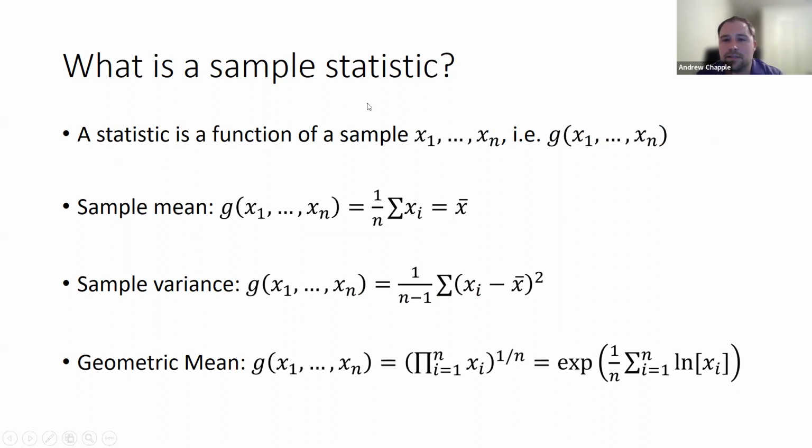What is a sample statistic? A sample statistic is a function of your sample data. So x1 to xn, these are the heights: the first height, second height, third height, fourth height, fifth height. This is a function g here, and I'll explain. A function just means, you probably remember,